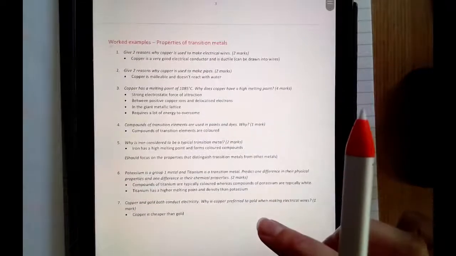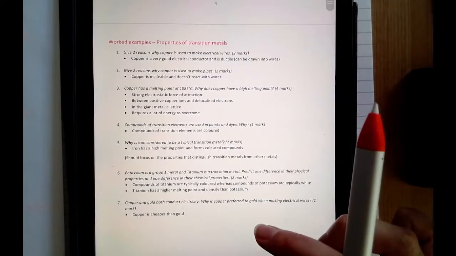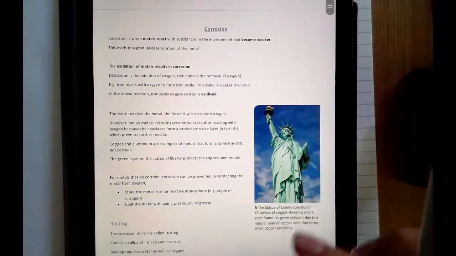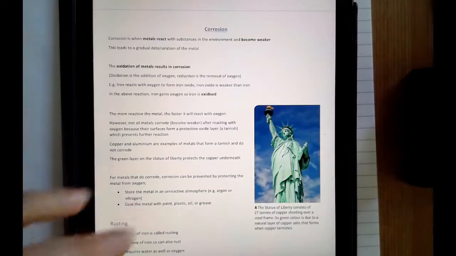So there's a couple of worked examples there on properties of transition metals for you to go through. I haven't included practice questions this time around. There's not a lot of content in this topic, so at the end of the booklet, you'll see all of the exam